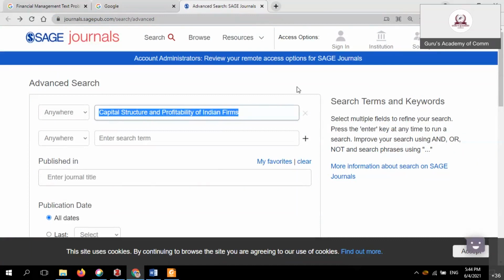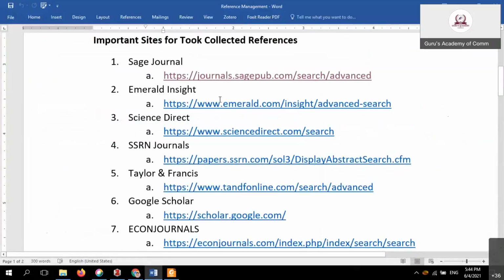Now another journal. May I select from Emerald Insight? The professor in the first section clearly explained Emerald Insight and how to retrieve the article. Now Emerald Insight, I will open it.